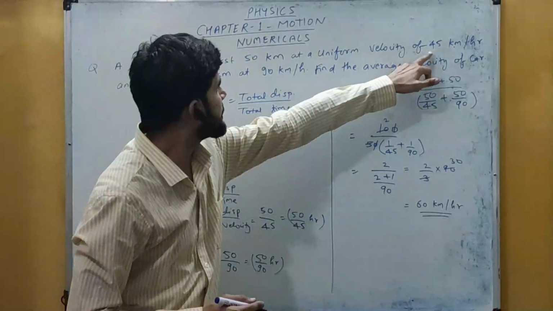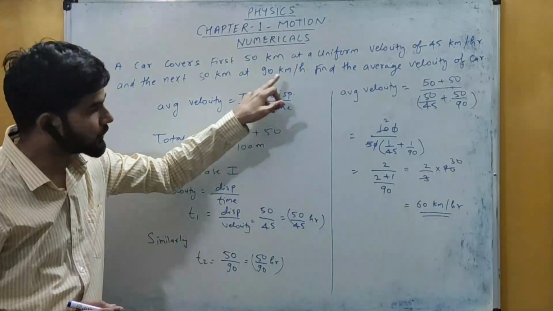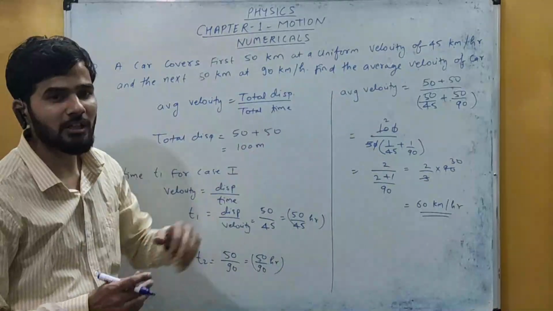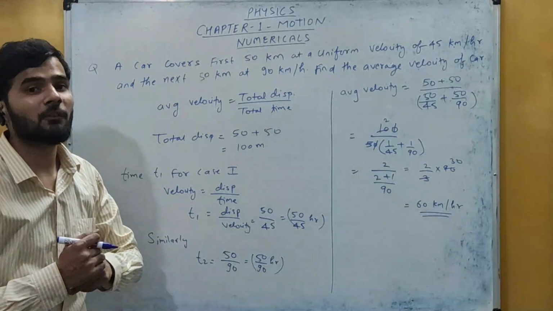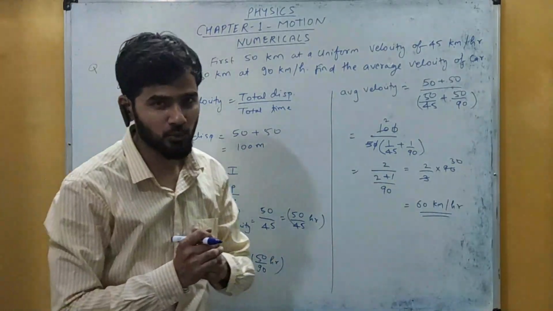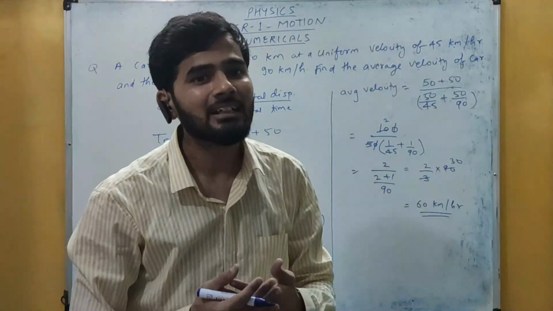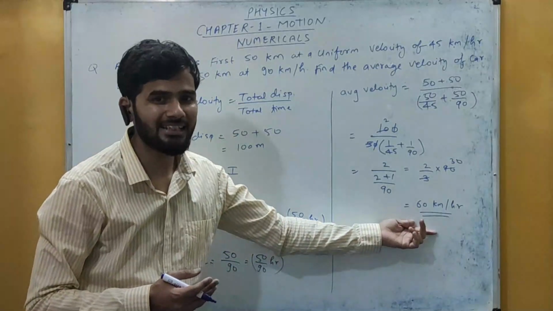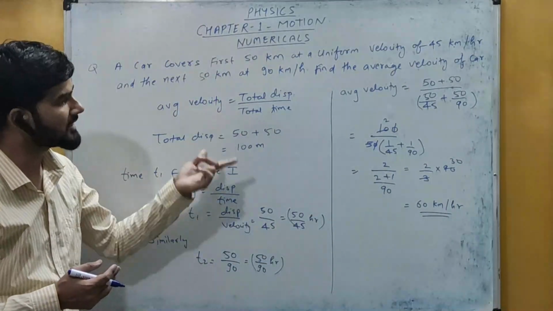लेकिन अगर आप यहाँ पर 45 plus 90 करते तो शायद आपको वहाँ पर 60 नहीं आता. Okay, because 90 plus 45, that is equals to 135, and 135 by 2, that will be approximately more than 65. Okay, so here this average velocity is calculated by using the formula total distance upon total.